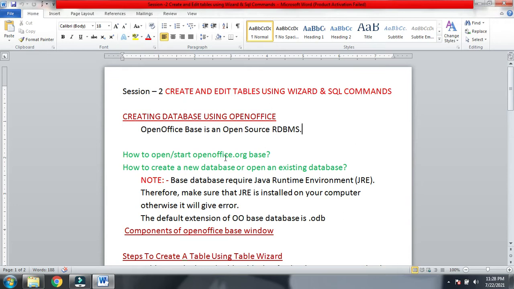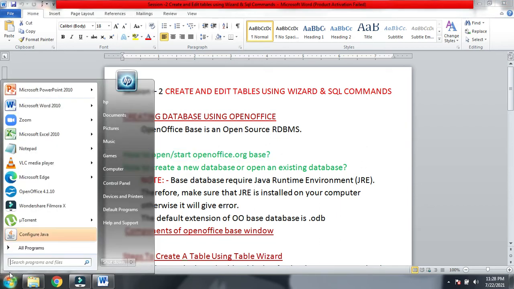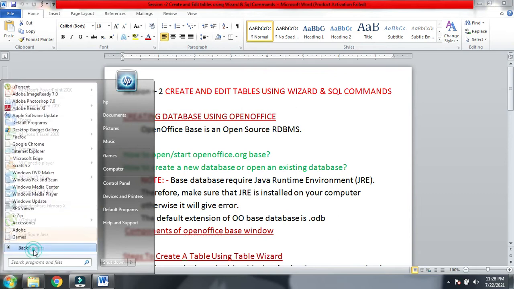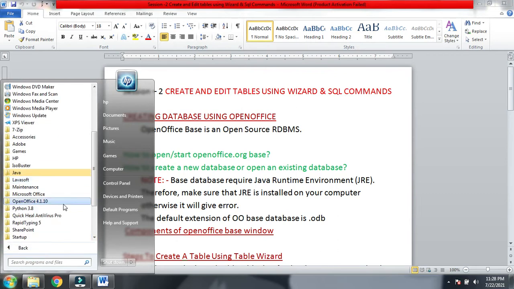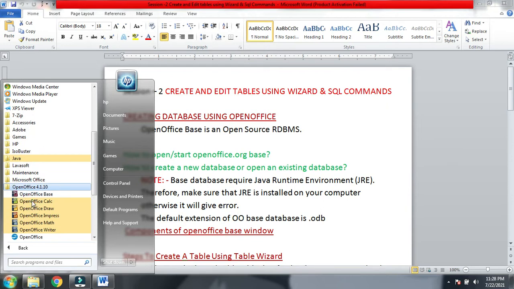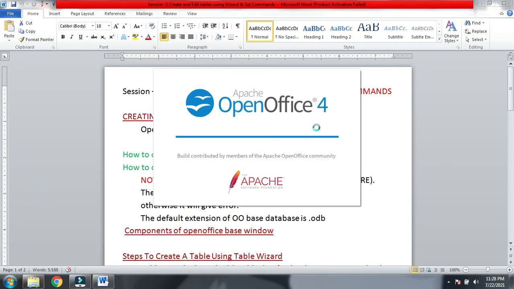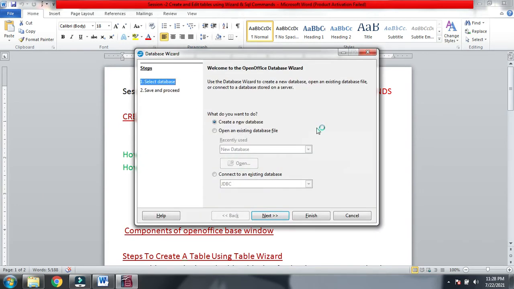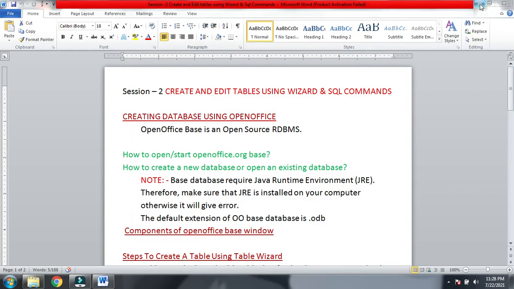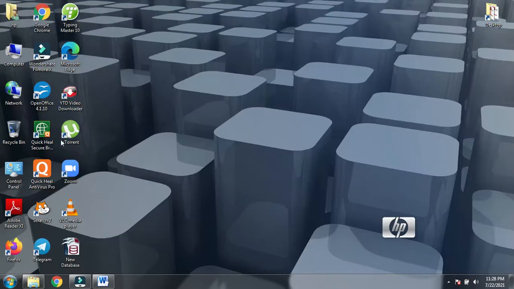First of all we will see how we can open or start openoffice.org base. We will click here on the Windows button and from all programs we will select OpenOffice and from here we will select OpenOffice base. This way we can open OpenOffice base. So here we have opened OpenOffice base. One more method is using the desktop.